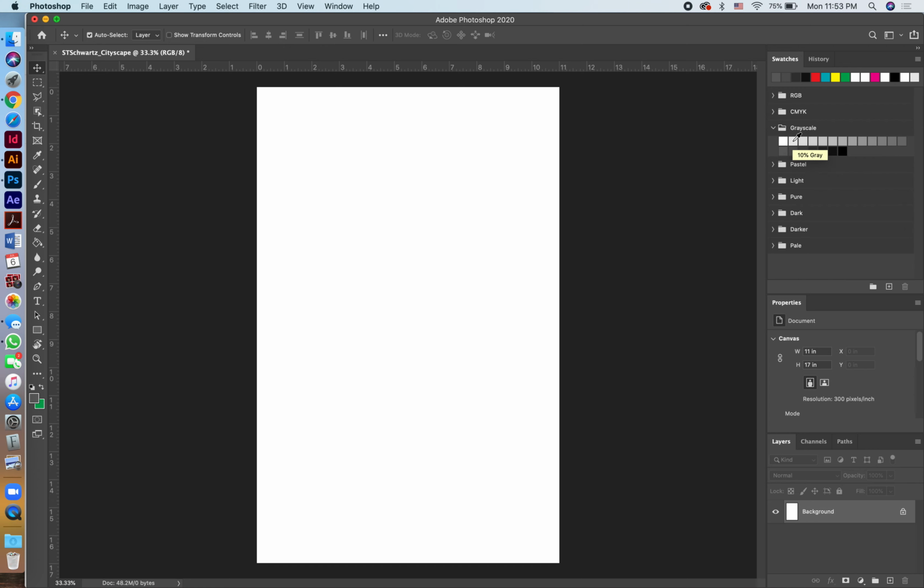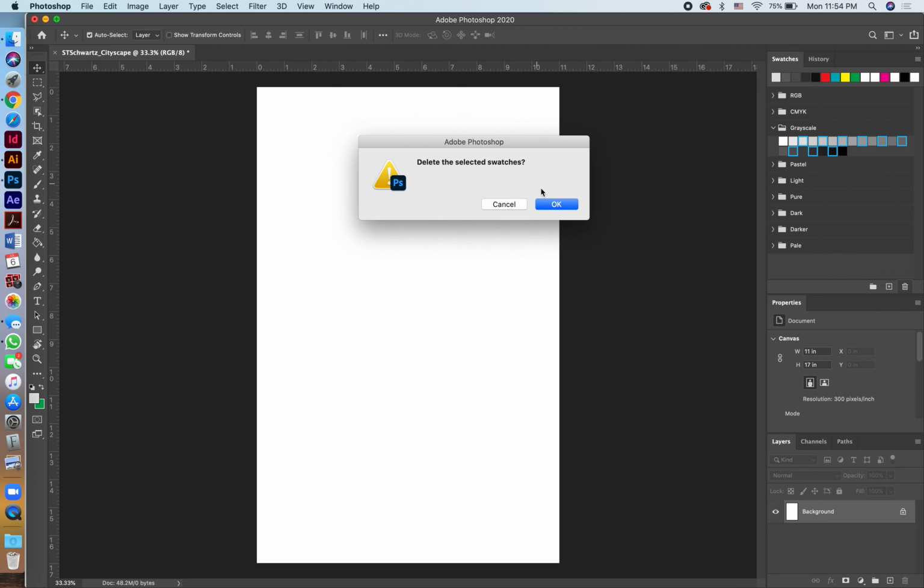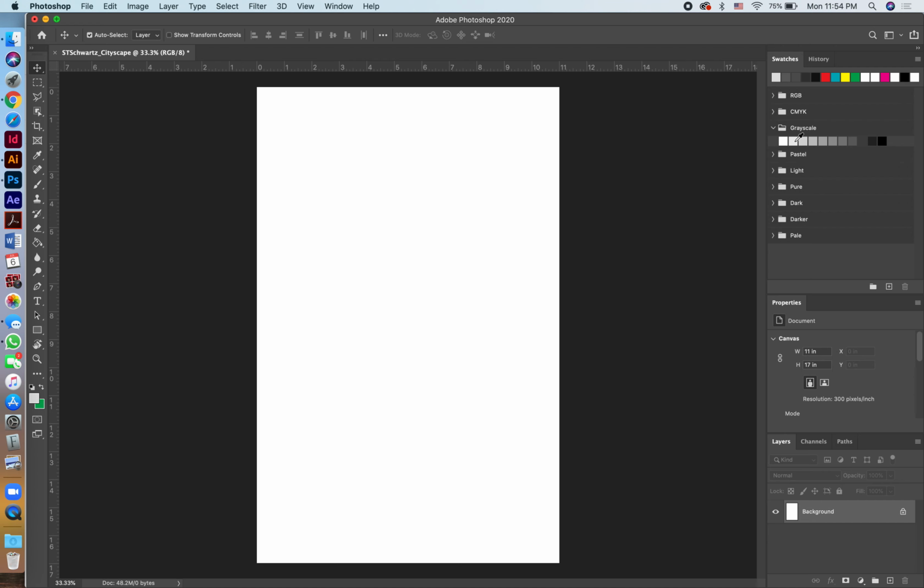So what we're doing right now is we are deleting the increments of 5. So let's see if we can select more than one at a time. I think it's by hitting Command. There you go. If you hit Command, you can select more than one at a time, and that would be Control if you're on a PC. I think that's how I messed that up. And these are the increments of 5. So I'm holding down Command and then selecting the increments of 5, and then I'm going to trash these. Okay, so I just trashed all those grays, and now we have the right amount. We have 11